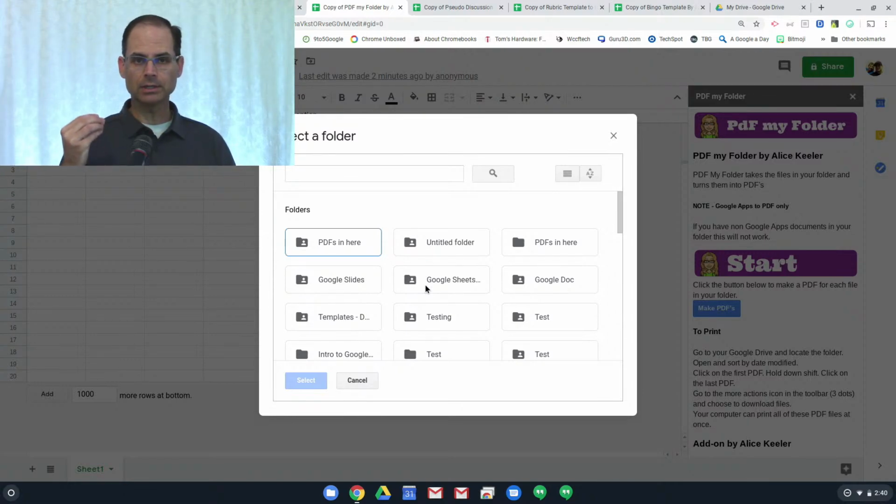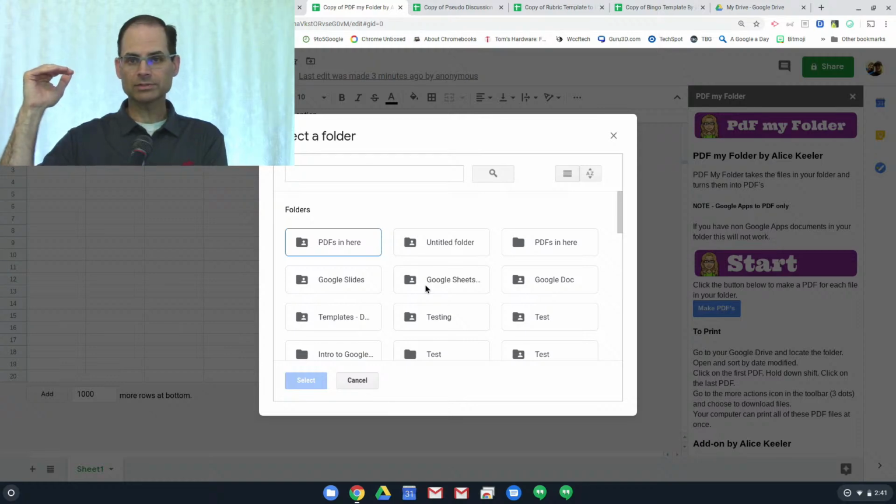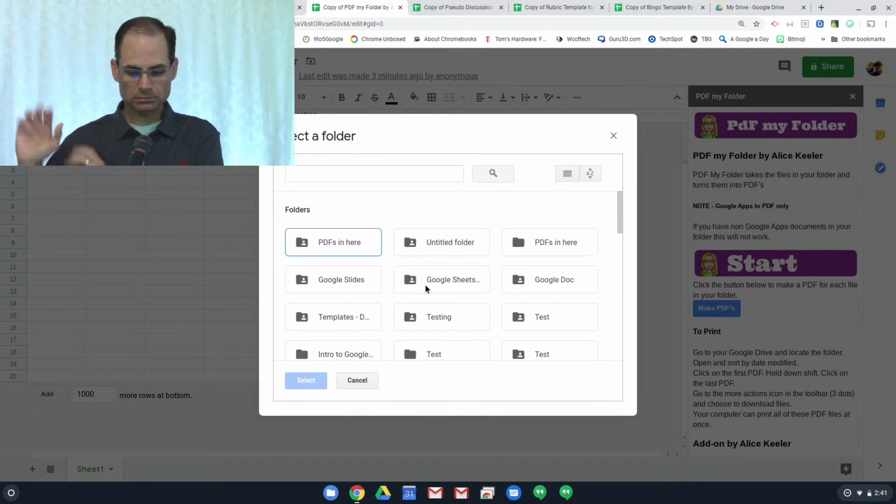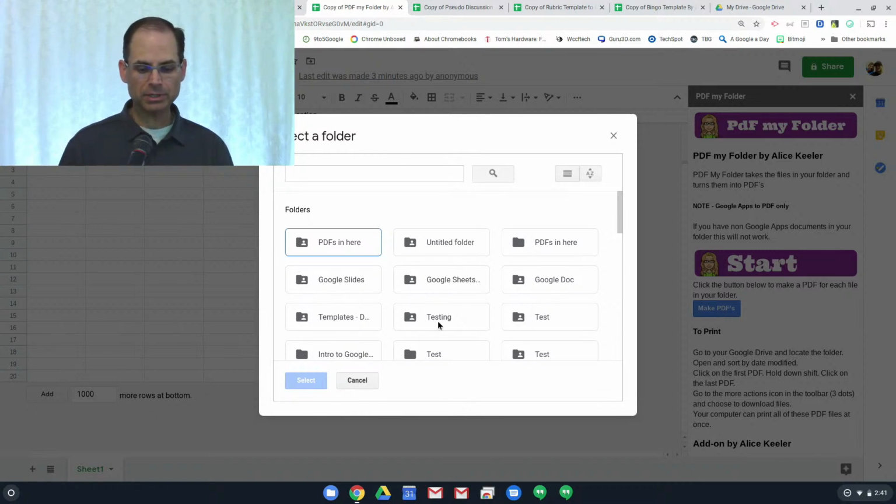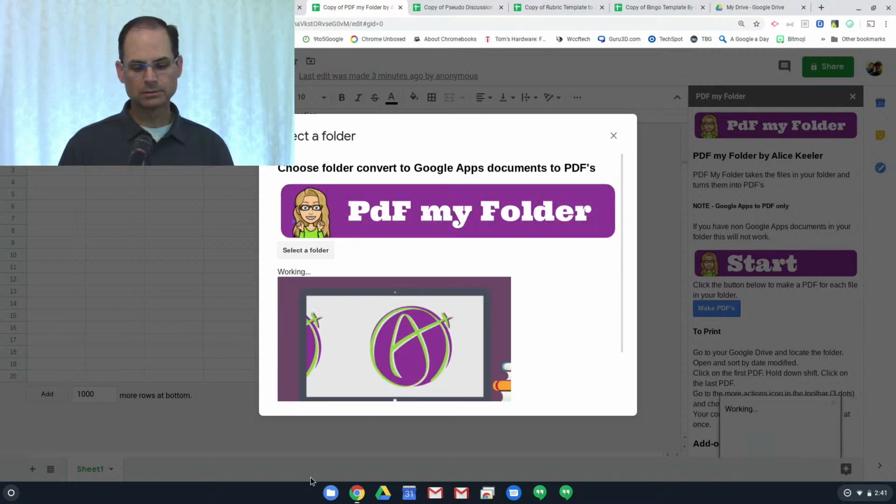Side note here, if you have non-Google Drive files in the same folder, it's going to goof things up. So if you have a folder that has a bunch of stuff in it and a couple of Microsoft Office, Microsoft Word, PowerPoint, whatever files in there as well, you're going to want to make a new folder with just the Google Docs or Google Slides or whatever in it by themselves. So anyway, you pick the folder that you want, and when you click Select, it's going to do its little